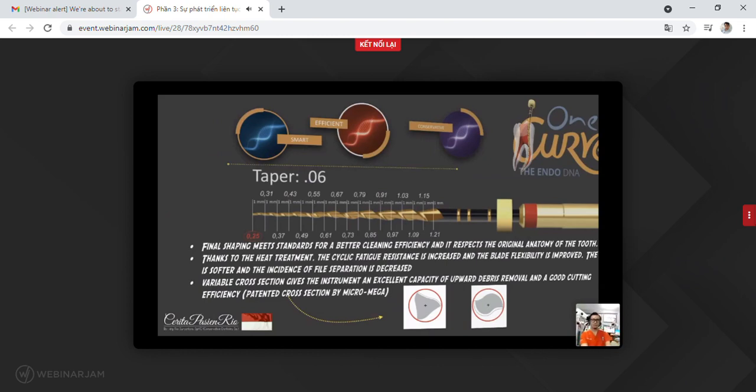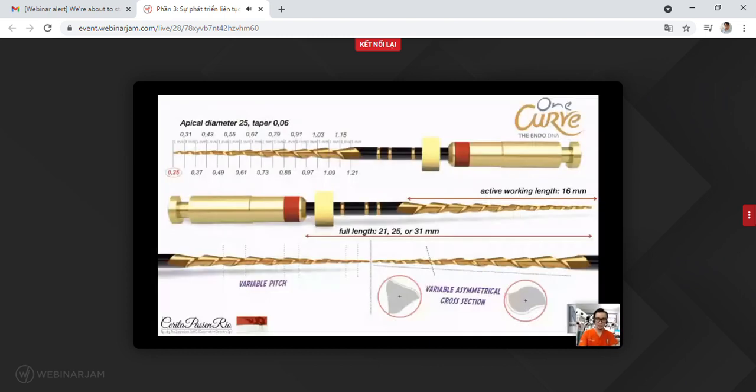And then we are in. The One Curve itself has the taper that I use, which is 6% taper. I rarely use 4% taper, so I will explain to you the 6% taper. The 6% taper means that the increase in diameter is 6 per 100 millimeters from the tip of the files. So it means the standard of